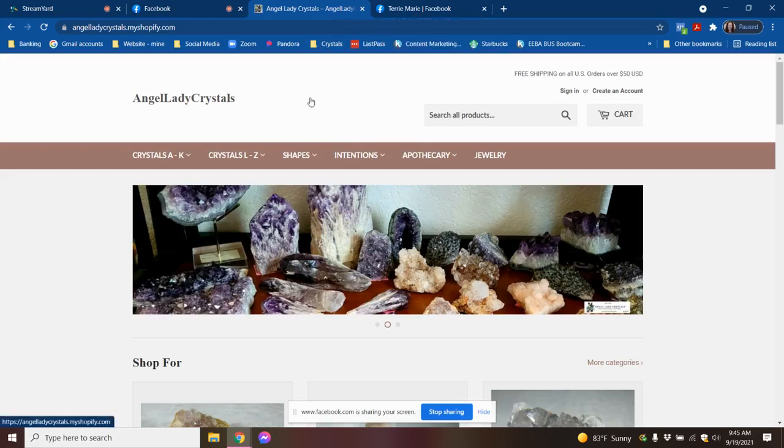I'm not sure this is going to work, but what I want to share with you today is a culmination of 4.5 months of intense planning, organizing, reorganizing, transition, and a humongous learning curve, because we used to have our crystal boutique on one e-commerce platform and now it's on another one, and little did I know that it was going to be so all encompassing. And as of Friday, this is September 19th, so the 17th on Friday, I actually finished